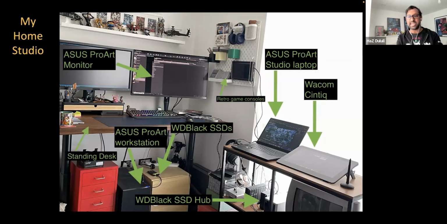I have the Wacom Cintiq for doing previs and just doing actual sketching. I've got the Asus laptop for compiling stuff. And obviously I use the Asus ProArt workstation. At the time we were using the NVIDIA A6000 card to render every single shot. That's the other thing. Every single shot in the movie was rendered on that little black box here. When I say little black box, all rendered on one graphics card. We're not using any render farms or anything.